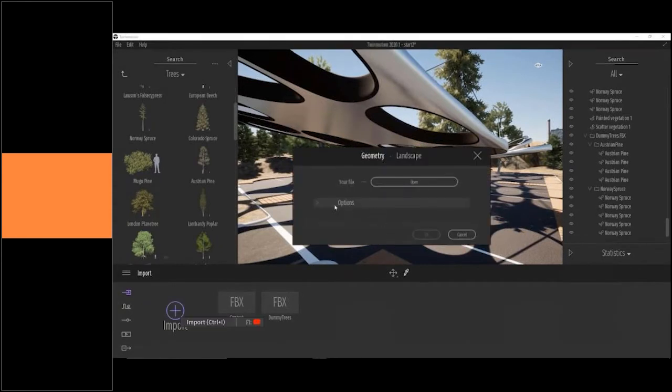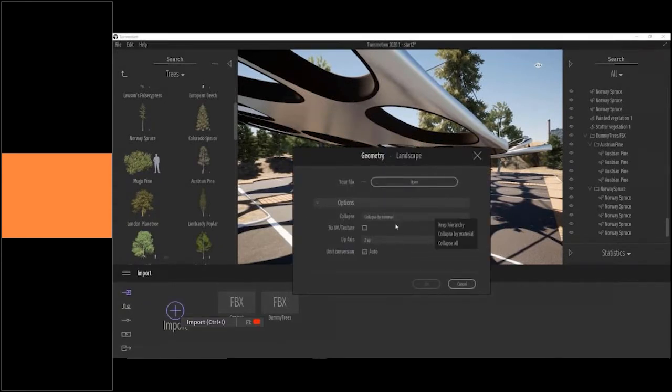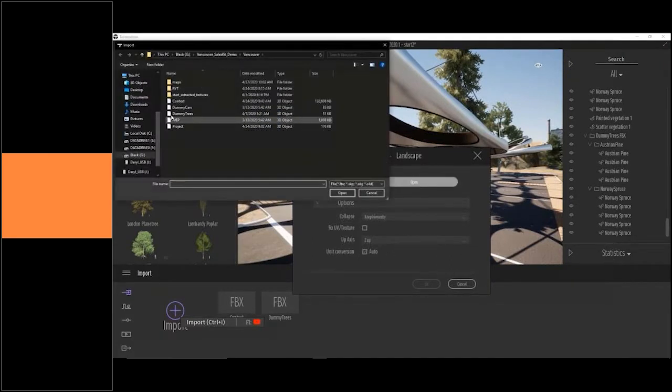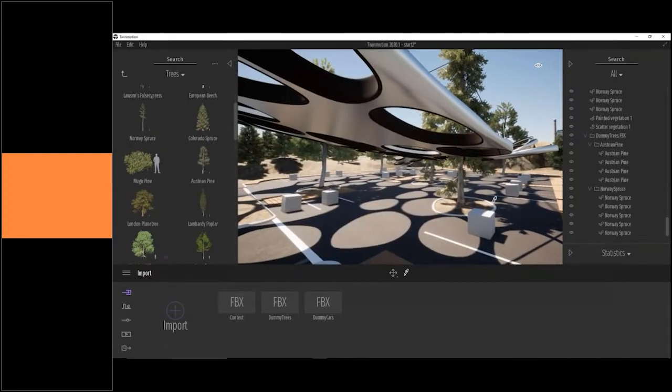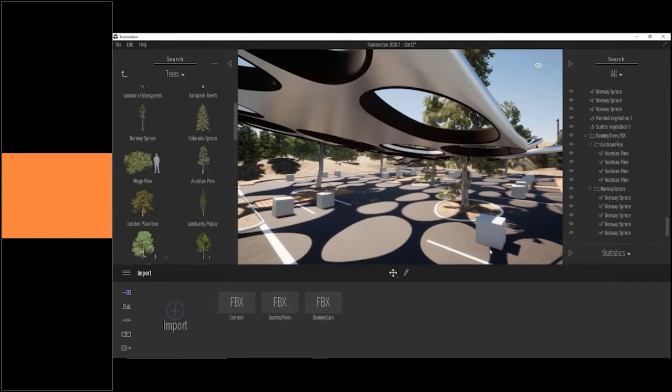Again, very easy to do and fast inside of Twinmotion. So we're going to import in geometry. We're going to tell it to keep the hierarchy. By saying keep hierarchy, we're maintaining each individual node, each placement node. So we're going to bring in a variety of cubes, and we're going to search and replace those with some